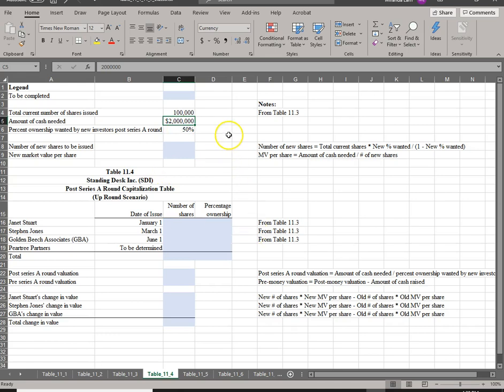So let's work out the numbers and see what that looks like for the owners, the founders, and the early investor, which is GBA. So the number of new shares to be issued is the same calculation we've done before. So I'll just let you go ahead and do that. So we'll need 2 million shares, and